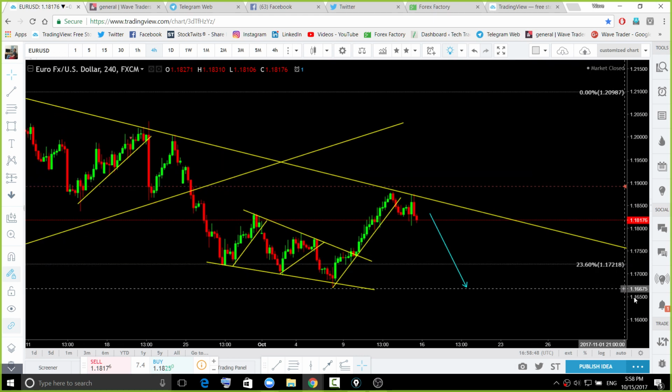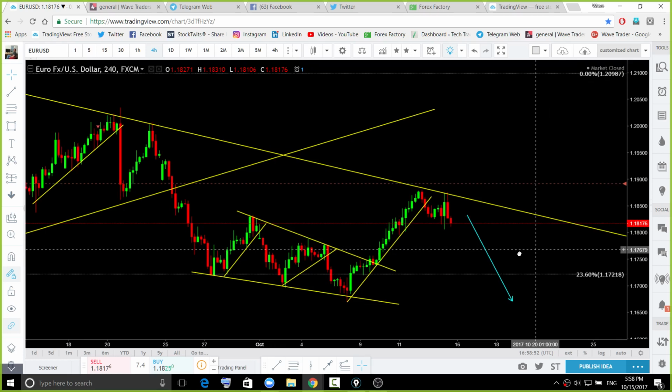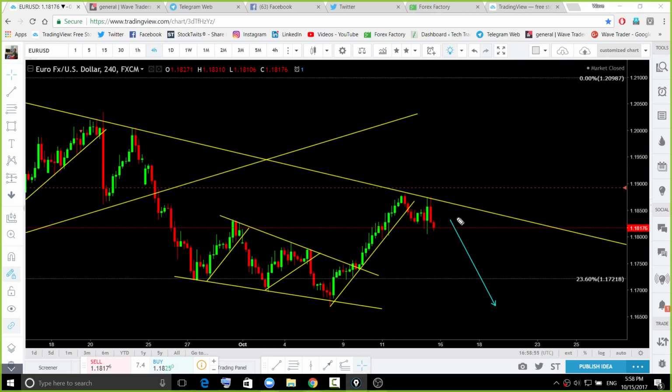If this is going to fall, DXY is going to rise, USD is going to get back to the top, and USD/JPY may test the top again. So all other pairs running against the dollar are going to get affected. A couple more candles at this area like that, this continuation formation, and then this trade. That is what I want to see for next week.